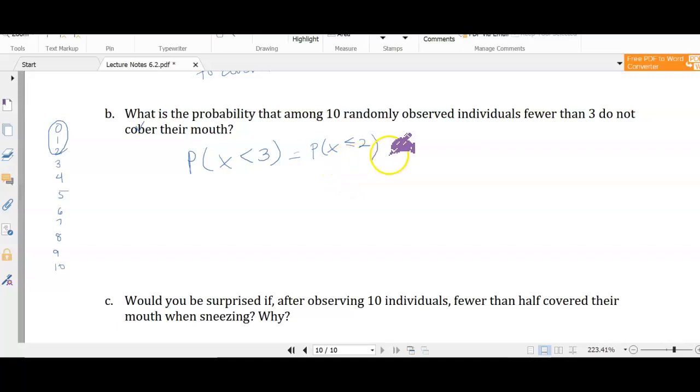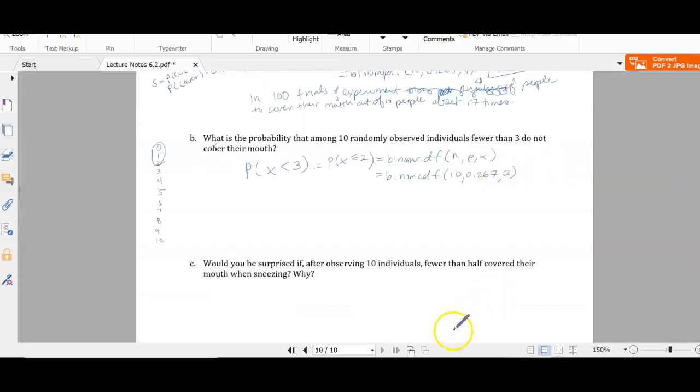And now we have the right inequality, so now we can use the binomial CDF with the inputs of N, P and X. So we're going to have binomial CDF. My N in this case is 10. My P was 0.267, I believe, from the problem. And X is this number here that is with the symbol less than or equal that we need for the binomial CDF. So it's going to be 2. Okay. So we'll go through and